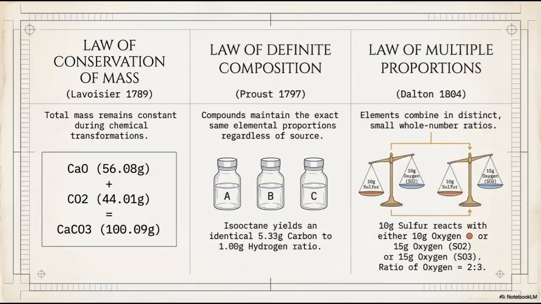And then lastly, the law of multiple proportions. Sometimes you can have the same elements combining together. That doesn't mean they're the same or not. You have to look at them, but when they combine, they're going to combine as a small whole number ratio, meaning